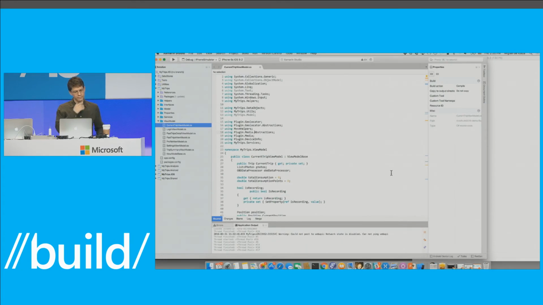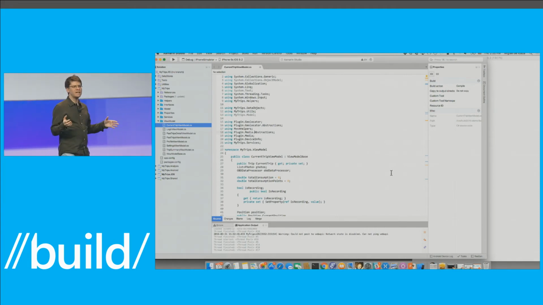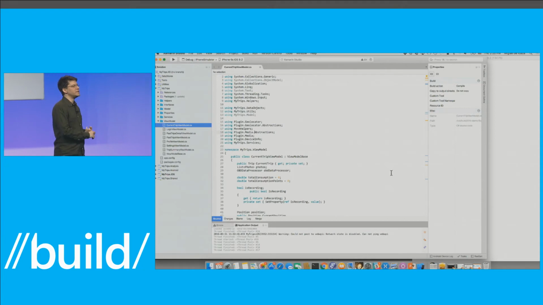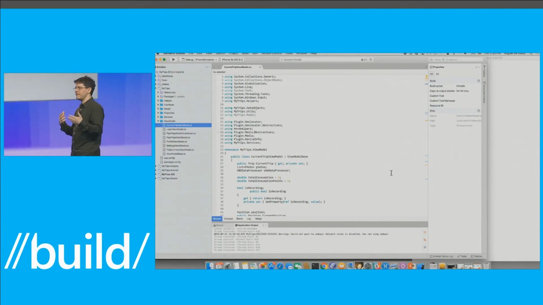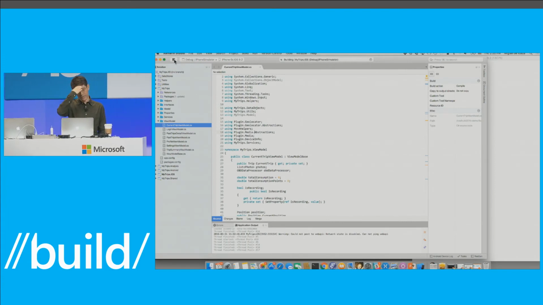Let me switch gears. This is the application that Scott referenced at the end of his keynote, which is a reference application we built that shows how to integrate multiple pieces together: Azure IoT, Azure Backend Services, Xamarin Android and Xamarin iOS for the user interface, as well as a Windows UI. And I happen to have this one running here on iOS. So I'm going to run it now.